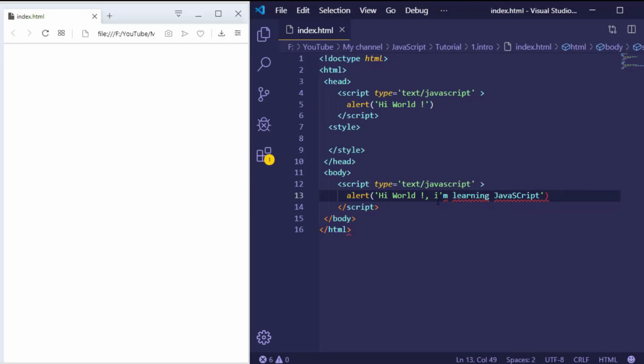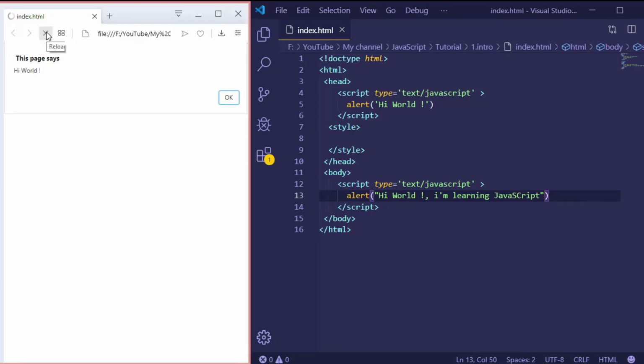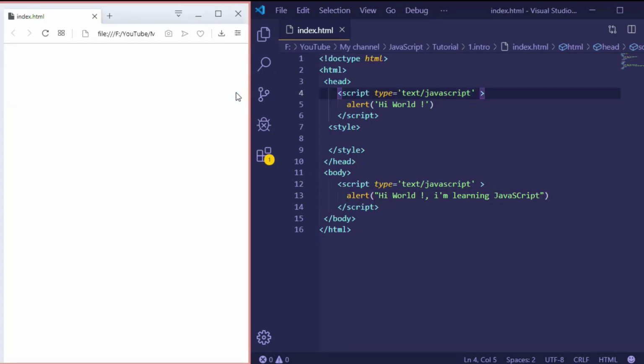You notice there is something wrong here because we use the quotation here, so let's make it a double quotation. So it will alert first hi world and then hi world I'm learning JavaScript. So you can type the code below the head or within the body.